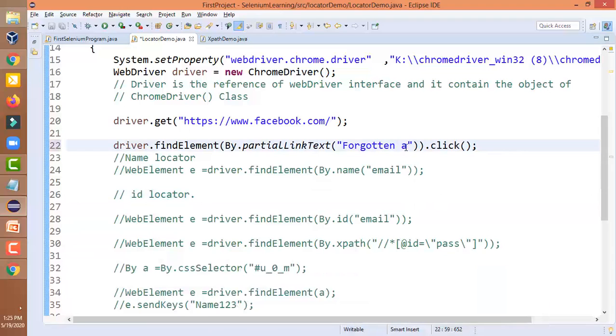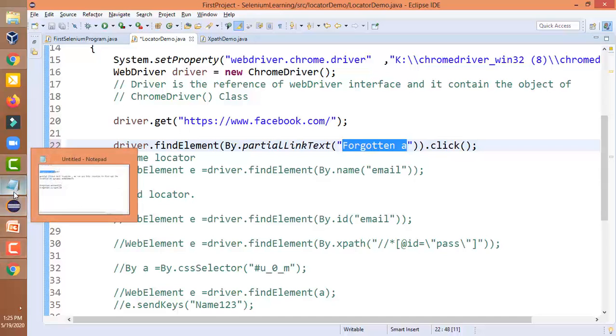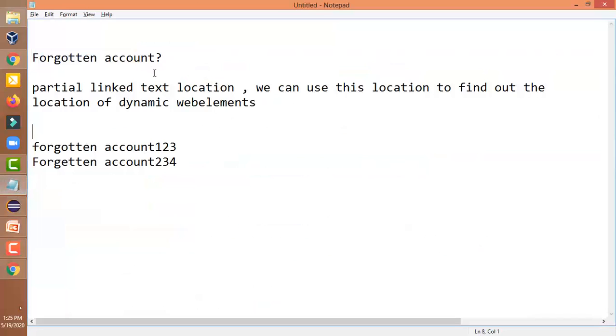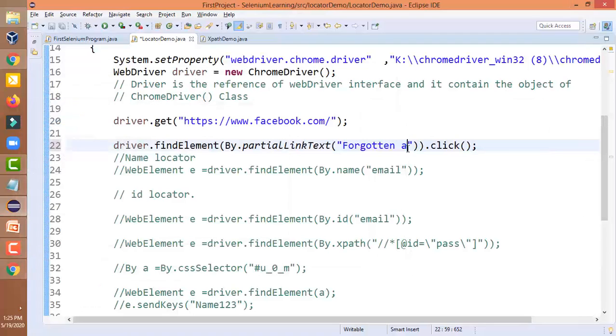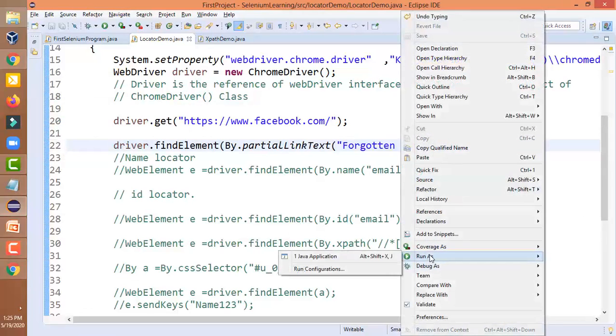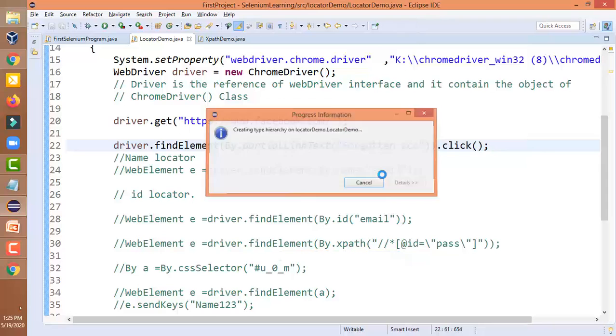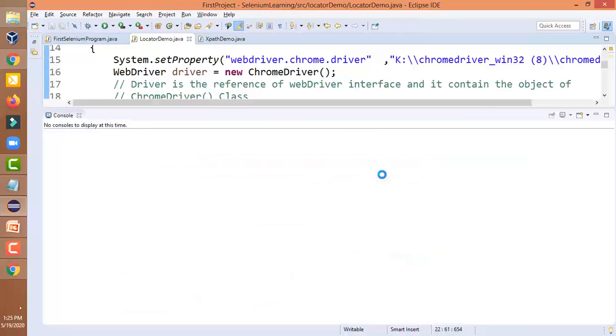So it is not finding on the basis of this much text, so we have to include some more text. I was saying it might be possible that it can find with the help of that partial link, but it cannot find. So let us include 2C also in this, to see if it will uniquely find this element. Now let us run the program again. This time it is possible that it can find the element successfully.